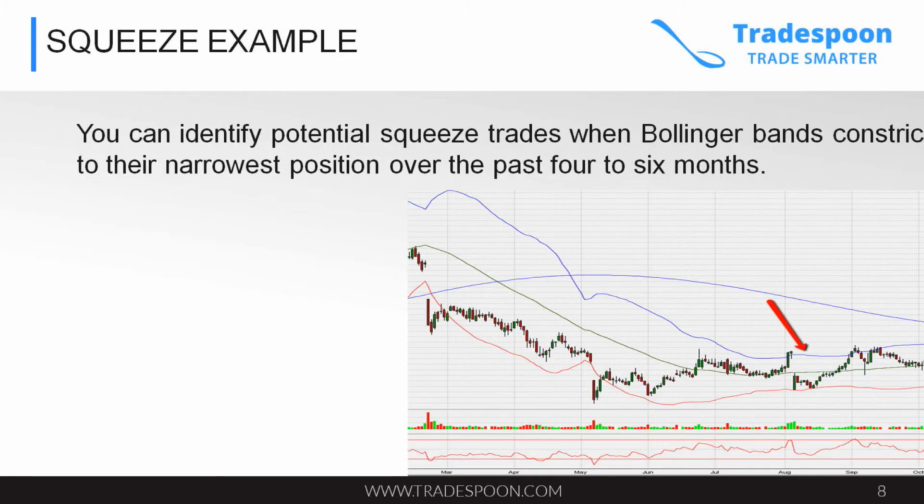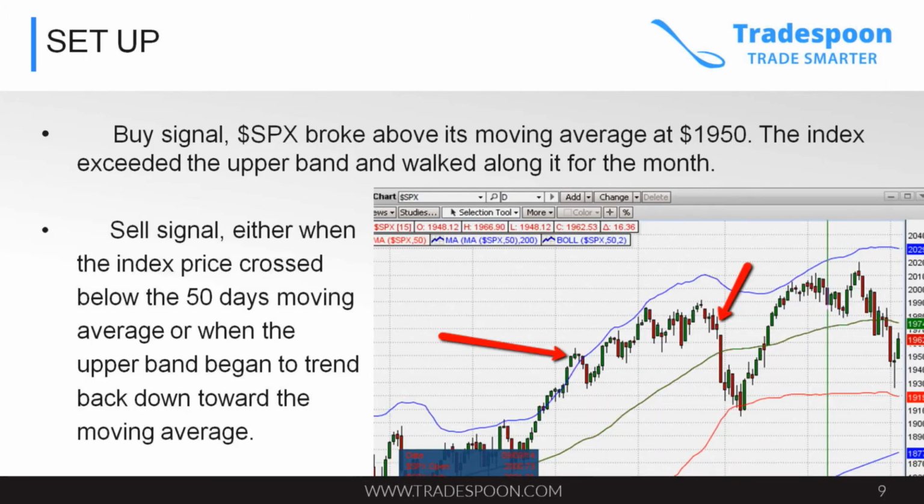So here's an example of the squeeze. You can identify potential squeeze trades when Bollinger Bands constrict to their narrowest position, and you can see it on your screen right now. You're looking at the daily chart of Groupon. So the buy signal is SPX broke above its moving average. So in the case of the S&P, this is at 1950. The index exceeded the upper